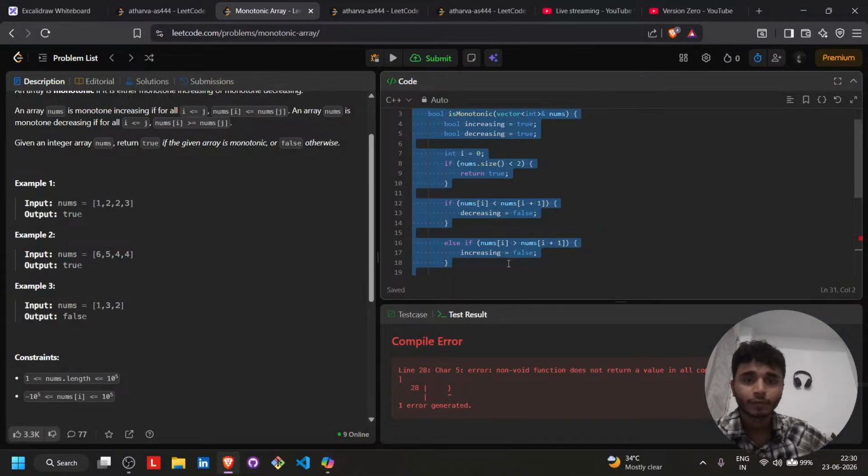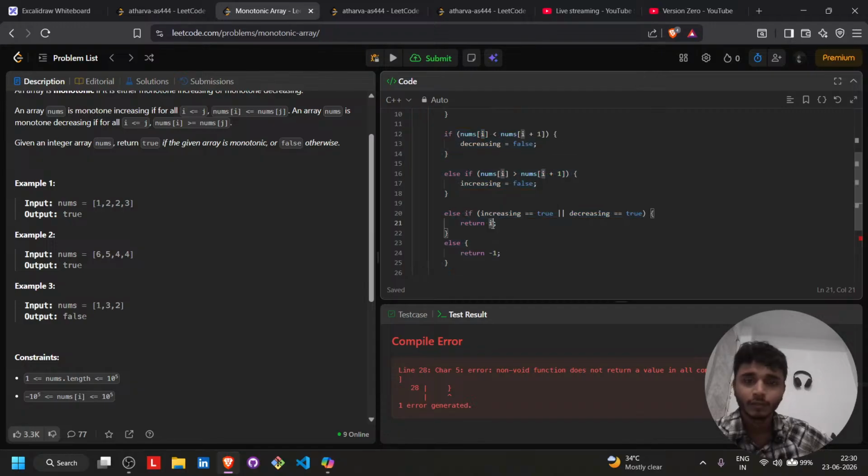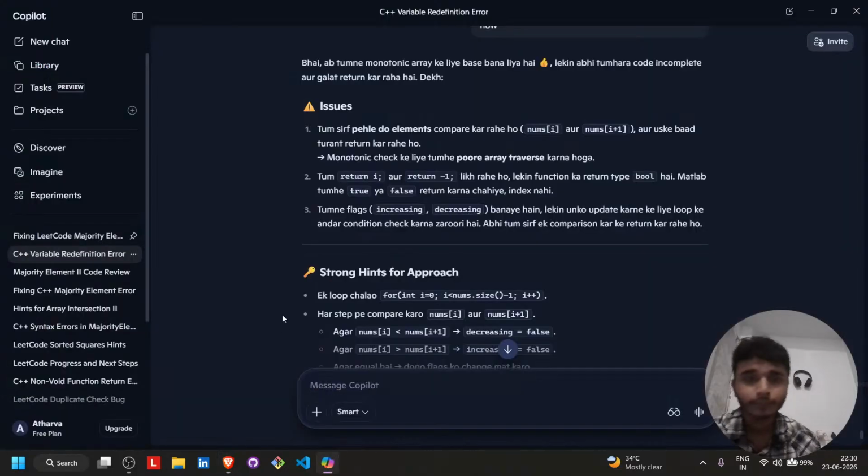We have to return true or false, not the index value. In those cases index values were accepted, not in this. So return true and return false. Okay, fixed. I think that